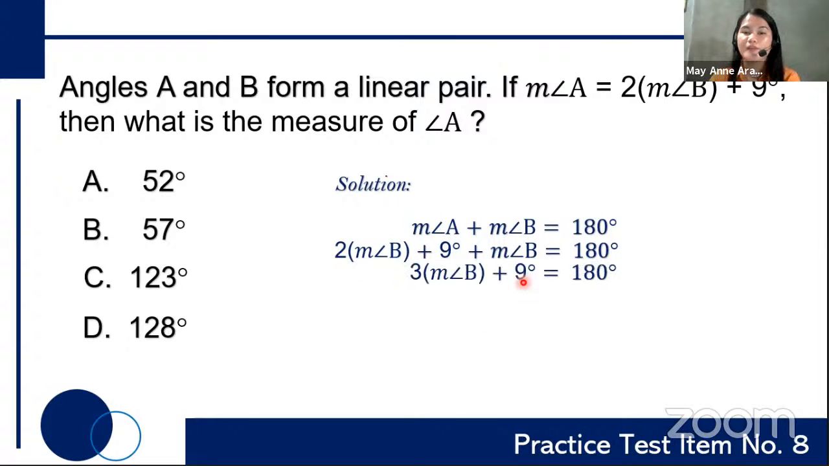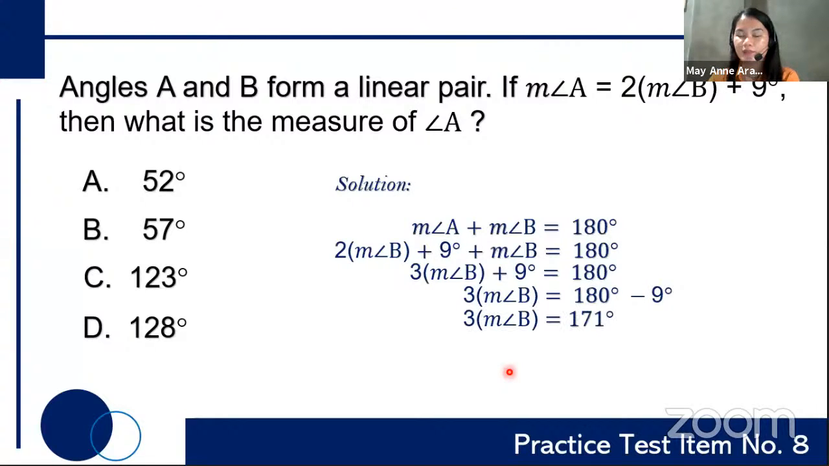So we have 3 measure of angle B plus 9 degrees equals 180 degrees. And subtract 9 degrees from both sides. So you have 3 measure of angle B equals 180 minus 9, which is 171 degrees. Divide both sides by 3 and that is equal to 57 degrees. But we are looking for the measure of angle A, so we still have to substitute